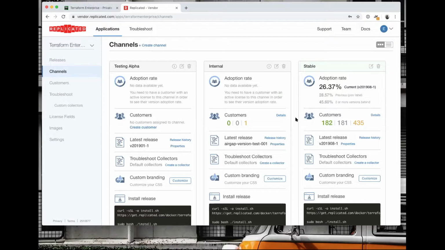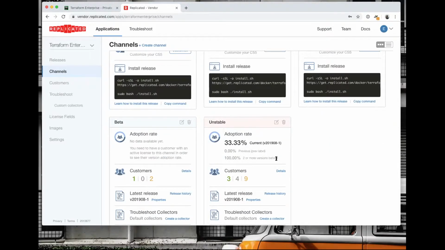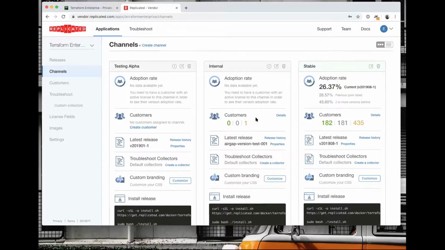I'll let you keep talking about how the pipelines work. Yeah. So if you come in here, you see we have unstable, which gets the same one. This gets used primarily internally. There's a separate internal channel which gets used only in cases where we know that there's some specific fix that is needed. One thing that we do is the replicated version actually gets dog fooded internally by our ops team. Our ops team uses an install of this product to manage our SaaS infrastructure, so that way it's separated, because we don't want to use the SaaS to also manage the SaaS.